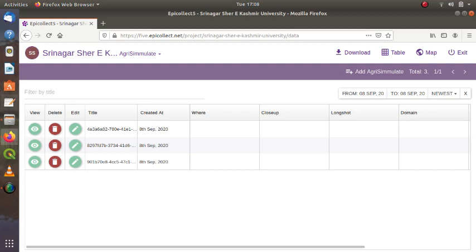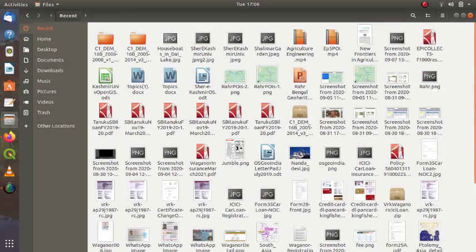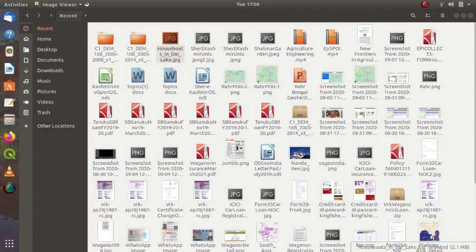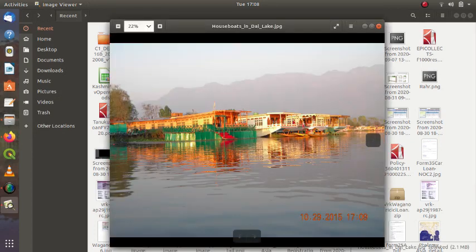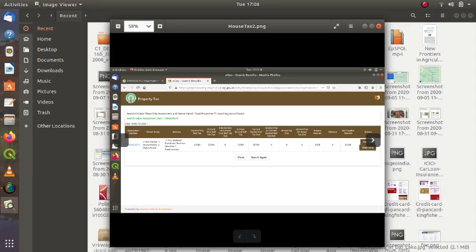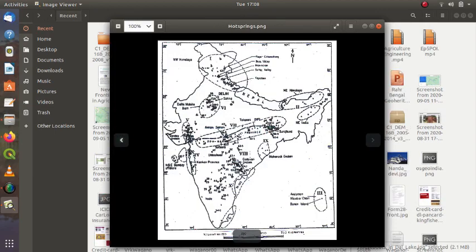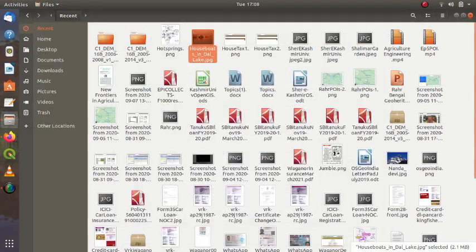But what I have done myself is equip myself with 3 photos. This is Dal Lake, and a few other photos are also there. I have equipped myself with these photos.